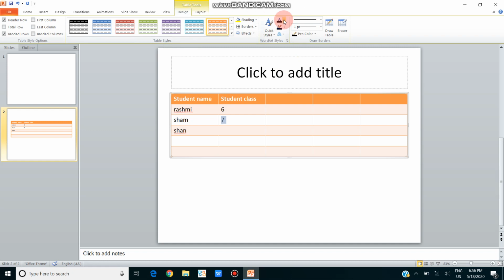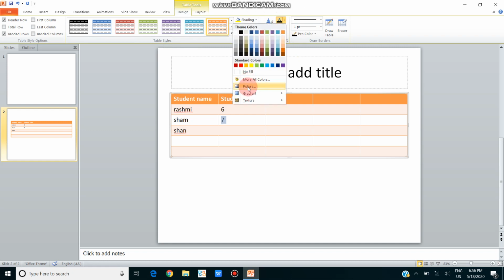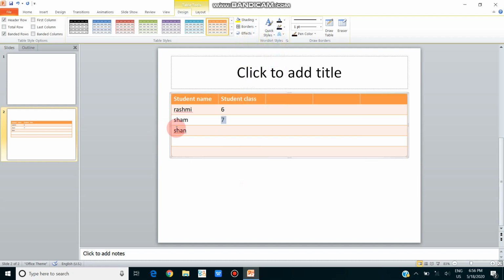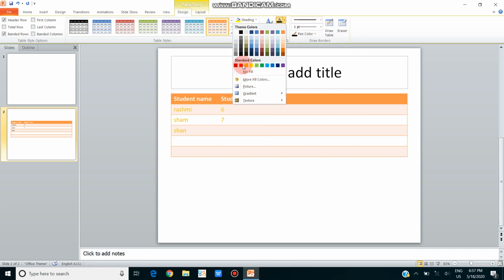And here you can see these are the different themes. You can choose any color. Suppose I had selected, first I have to select this one. So what I will do, if I want to change the color, you can see the color of my word should